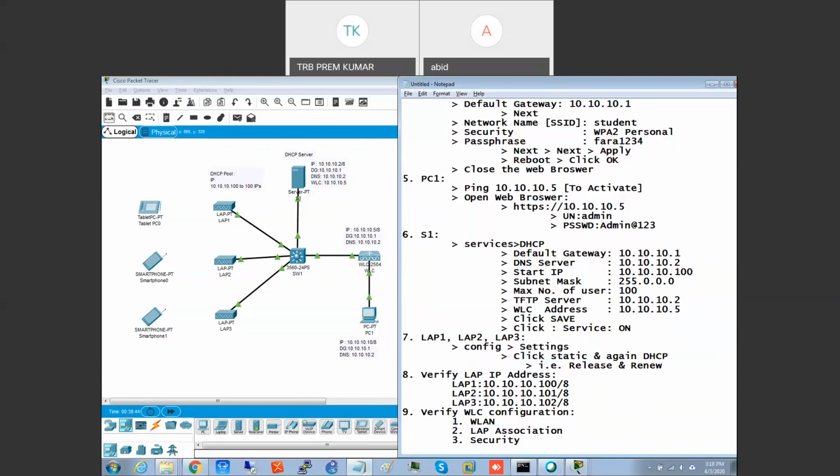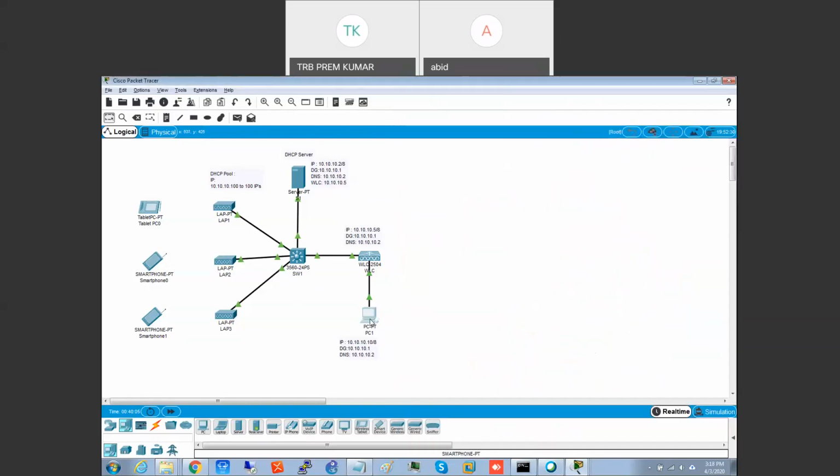Understand? Yeah. Hold here itself. Next level, you can tell them to Google search and study here. Not a big thing. Now you know how to log in. You can just keep on adding the features. Group is one feature, mobility is one feature, like that. Understand? You can hold there itself. Now I am going to show these three in this WLC. First, I'll go to the PC for that.